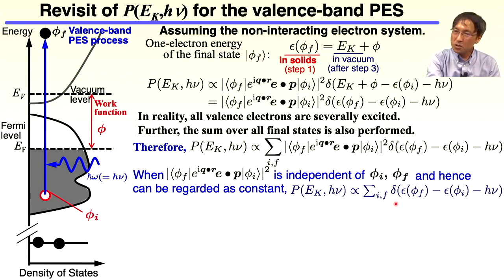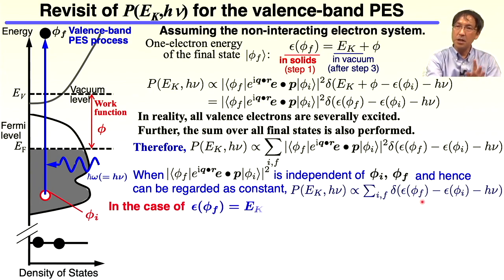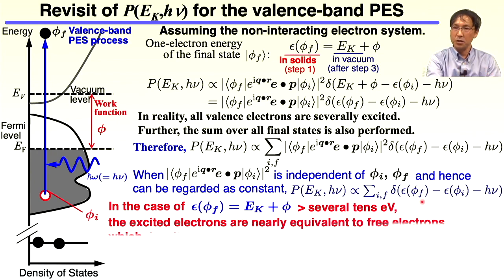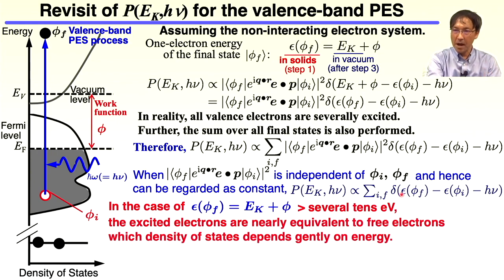This is not so realistic but effective when the valence band is made of only one orbital, or a band formed by one orbital. Further, when the final-state photoelectron energy, defined as Ek plus work function phi, is higher than several tens of electron volts,